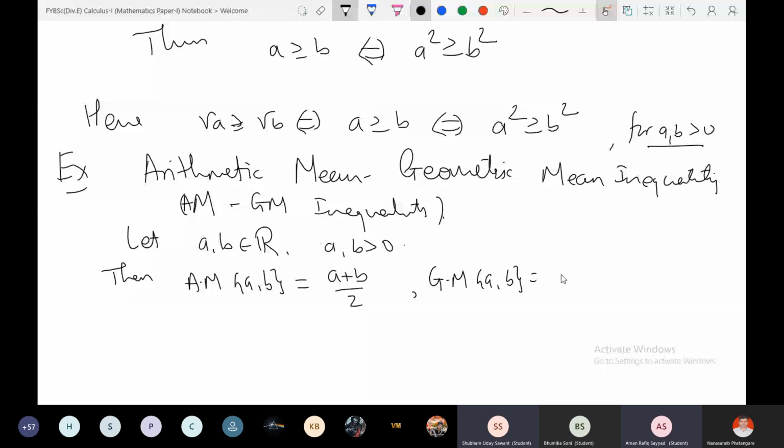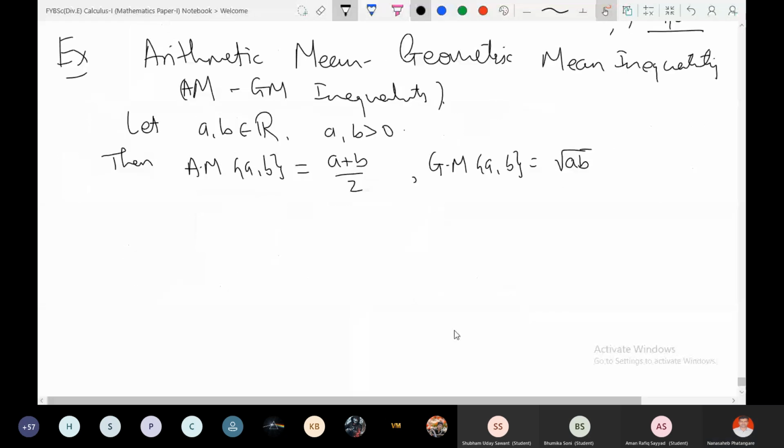Under root AB. And that's the reason why I take positive, because if I choose negative, then this will create a problem to take geometric mean, right? So square root will not be well defined in that case. Fine. So our question is prove that